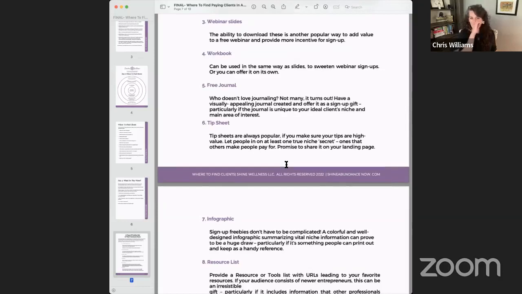Tip sheets. So tip sheets are also really, really popular if you make sure that our tips are high value. So remember, whatever tip we're giving, we want to make sure that the tip is actually high value. And you want to also position it so that your tips are really ones that they would actually pay for. So for example,